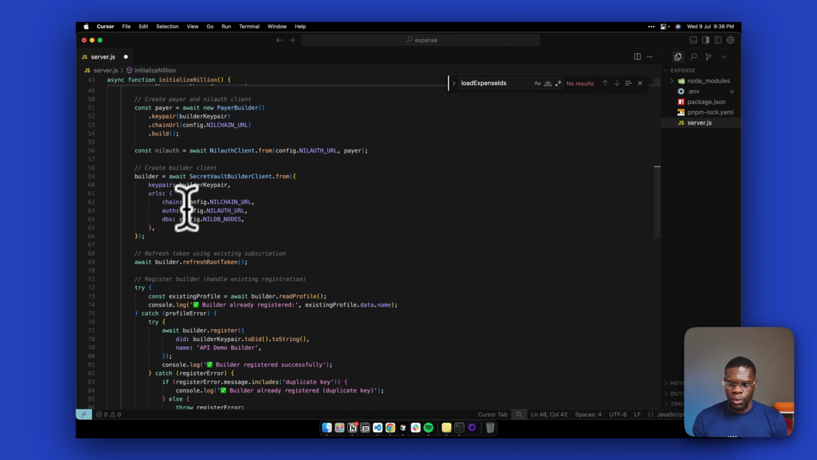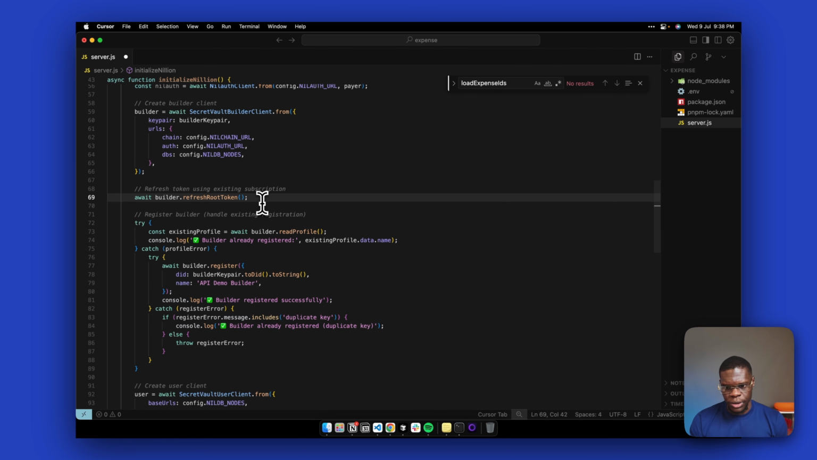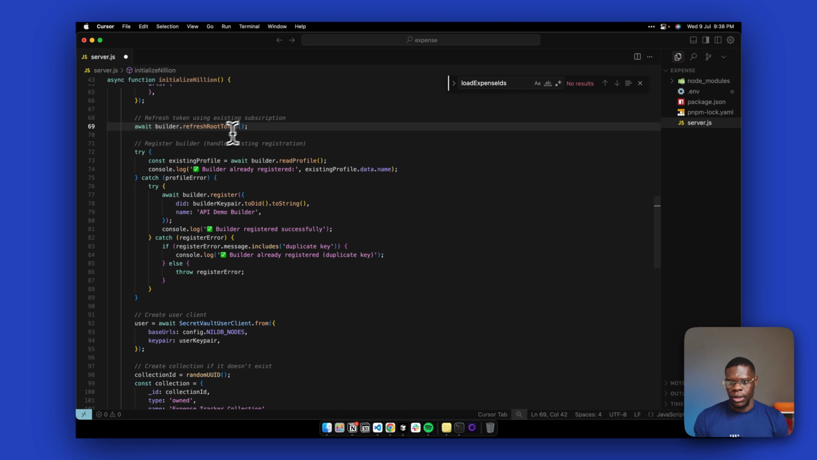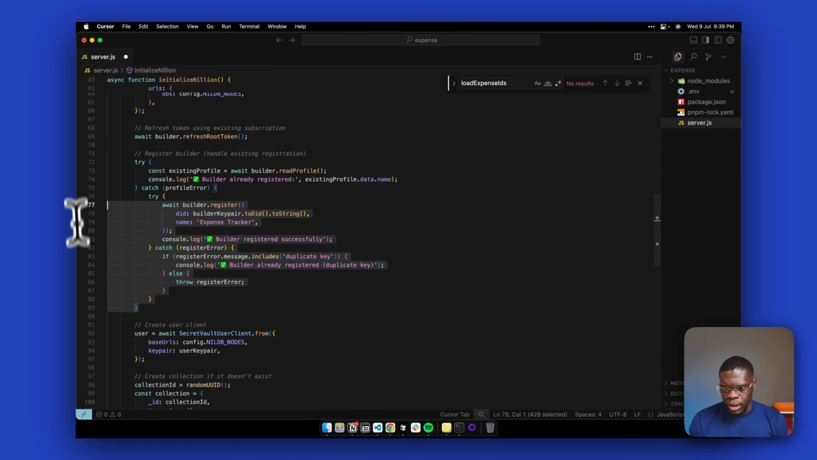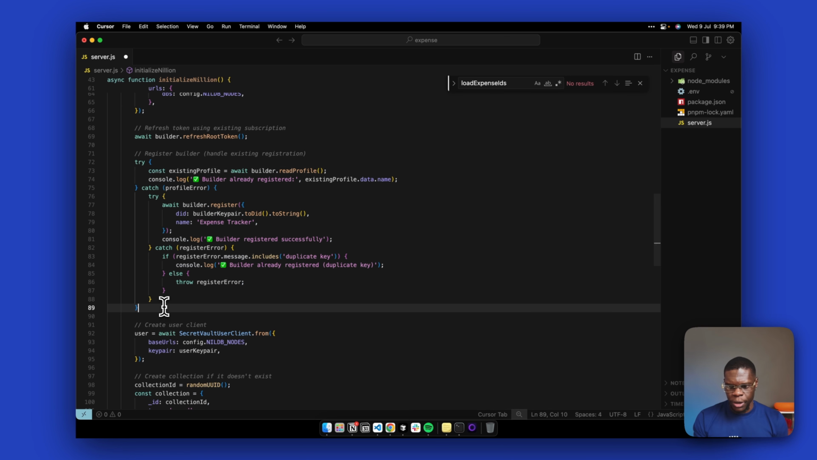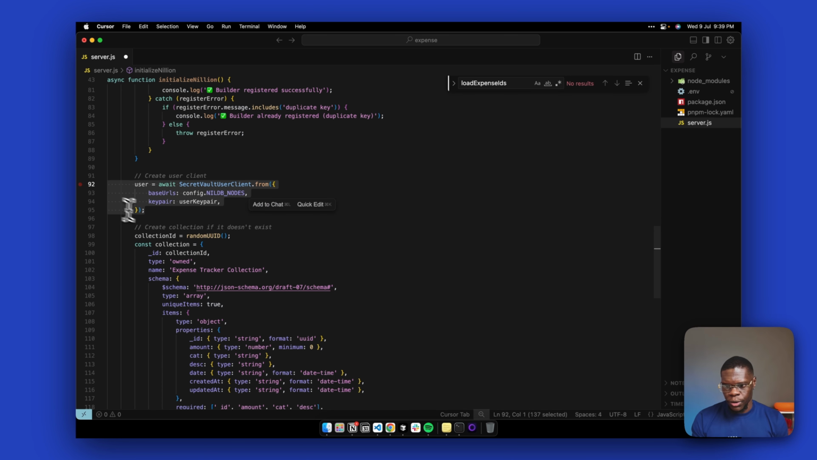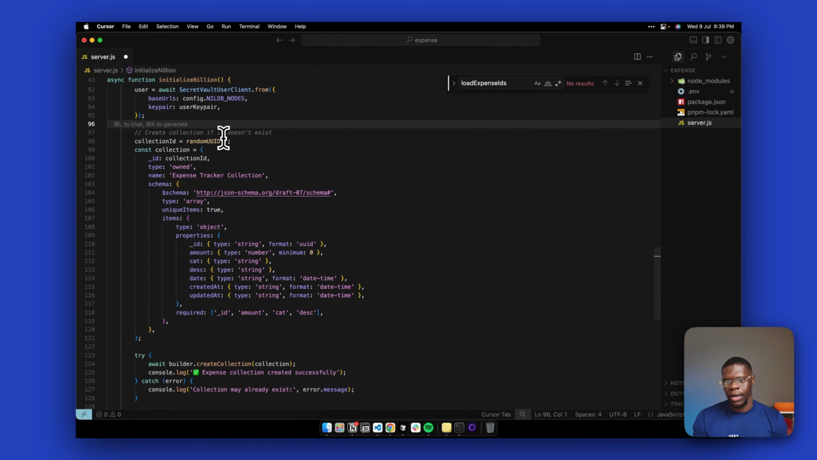Now, once that is done, we create our builder client, which is the product, which is this expense tracker, and we refresh the token using existing subscription. Now, once that is good, we are going to then register the builder. Now, once that is done, we are going to then register our expense tracker. Now, once that is done, we're going to create a user client and then create a collection if it doesn't